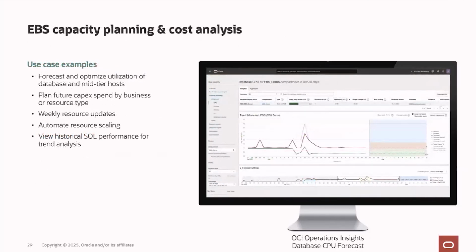And for capacity planning and cost analysis for EBS, some of the use cases you may be looking for is forecasting the utilization of your databases and mid-tier hosts and being able to optimize that utilization and planning for future capital expenditure by business or resource type. It would be also cool to get updates on how your capacity utilization is changing on a weekly basis. So getting those weekly resource updates, and for more advanced use cases, being able to